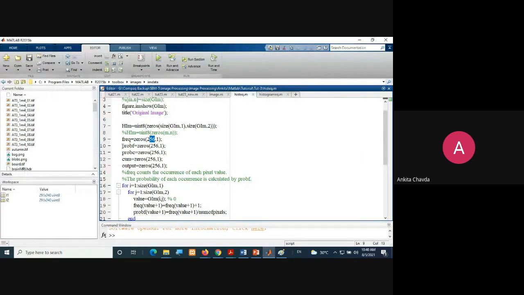So here I am finding the probability of frequency. For that also I am taking one of the vector. Then the probability C, that is for the cumulative. For that also I have created one of the vector. Then the final cumulative, where I am doing the summation of all that, I am also creating one of the vector. And output contains your new intensity values.